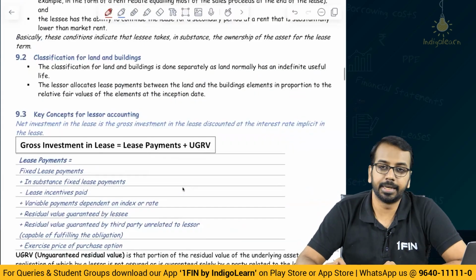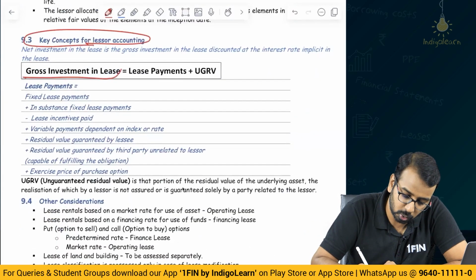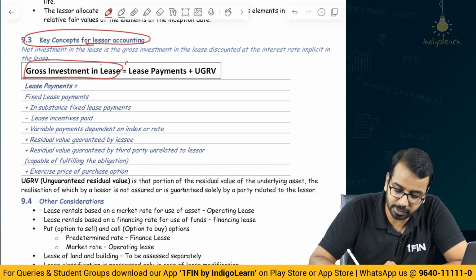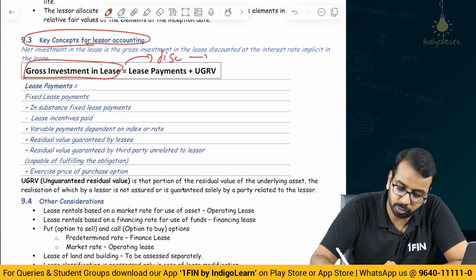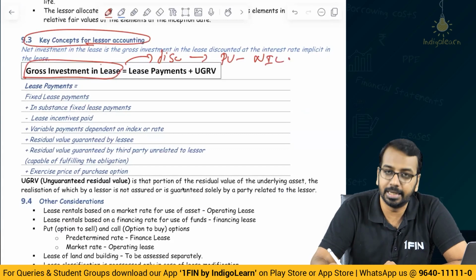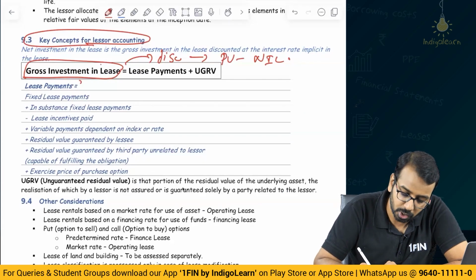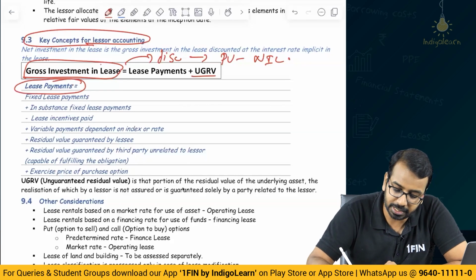an operating lease. Now, when the lessor has to do the accounting, the lessor will compute what is called gross investment in lease. This gross investment in lease is discounted to arrive at the present value, which is also your net investment in lease. Okay. Now, as far as the gross investment in lease is concerned, it includes all the lease payments plus unguaranteed